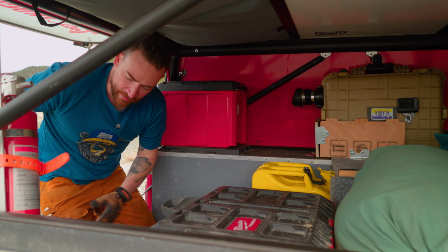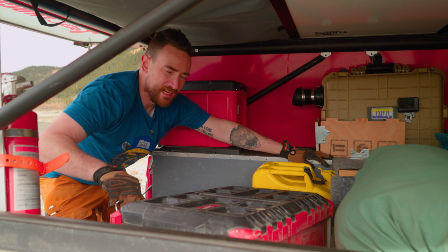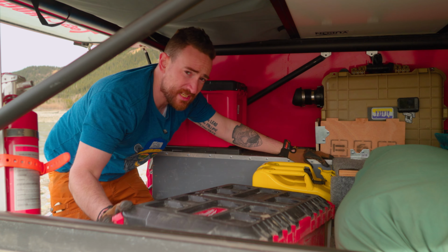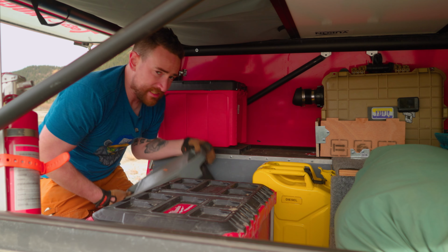I'm probably going to pull the current storage setup out as well. Just start a rebuild on it now that we're 2 years into this. It's not functioning the same way I'd want it to. And with the new power setup that I'll touch on in a second, I don't need to carry this Delta